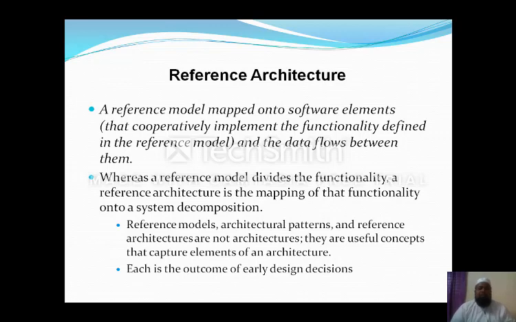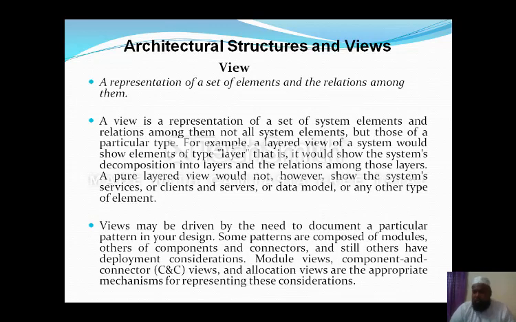So reference models, architectural patterns, and reference architectures are not architectures. They are just useful concepts that capture elements of the architecture. Each is the outcome of the early design. Remember, this is not the architecture. This is only the outcome of the early design. Before going on to make the design, you need to have reference models and reference architectures. Do remember these two things whenever you are going for the architecture. Before that, you need to have reference models and reference architectures. Okay, next